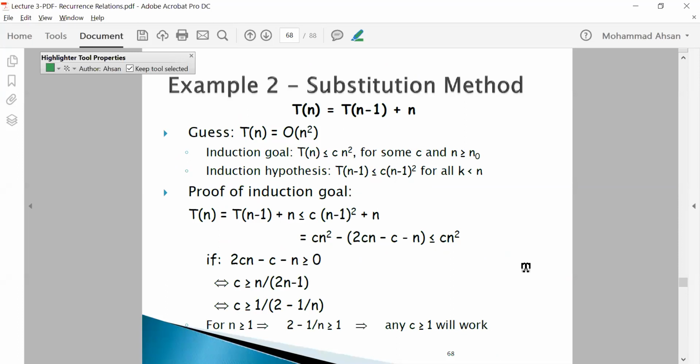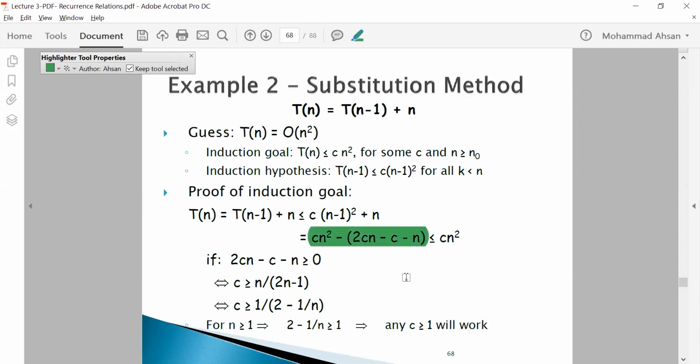Another example, you have the recursive equation. This is the one we just solved. Tn is Tn minus 1 plus n. They're guessing it is n squared. This is the one in which we got n by 2 into 1 plus n. And Tn is less than or equal to c into n squared. So Tn is Tn minus 1 plus n. So if we are saying it is n squared, it should be less than c into n minus 1 whole square plus n. You expand this and you see it can be written in the form,